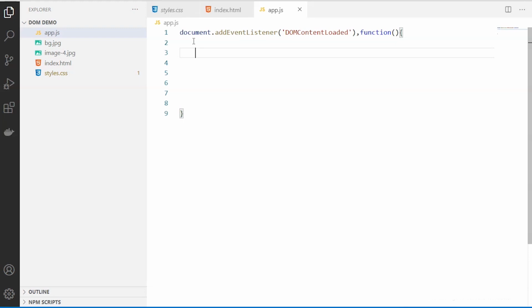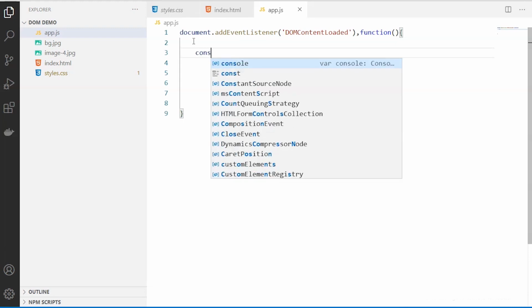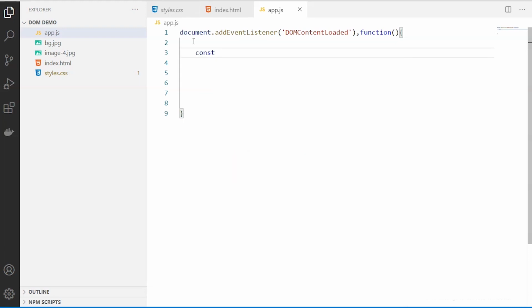In our case, the movie list is where we are concerned. We can add a movie, we can delete a movie. So we have to create an entity which can refer to that particular list. So you can use a var also, but since this is not going to be changing, I'm using a constant.